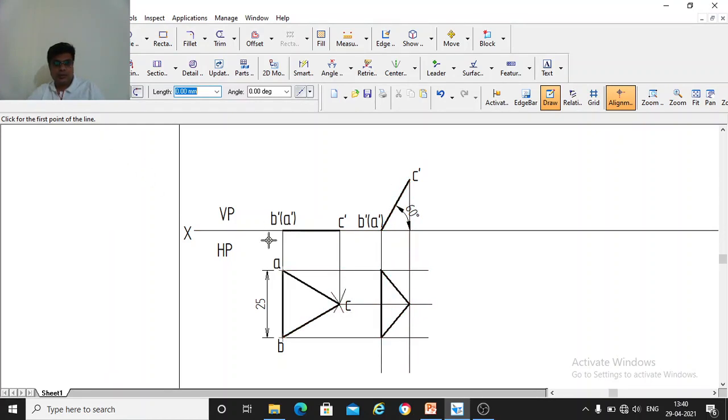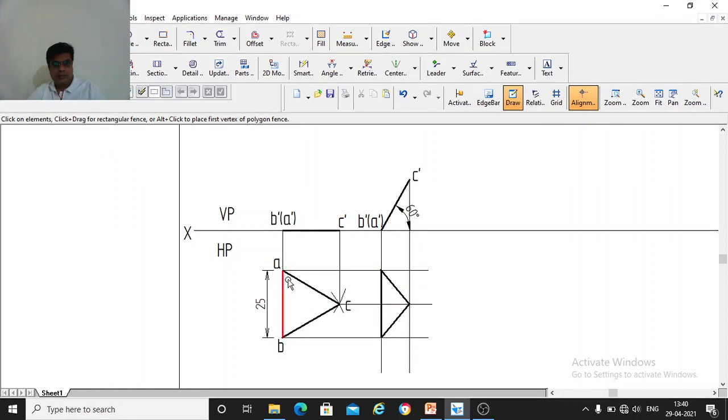So similarly, you write here A, B. This point is A, this point is B, this point is C, this is top view. So you simply write these points here once again. A, you write here. Similarly, B, you write here.